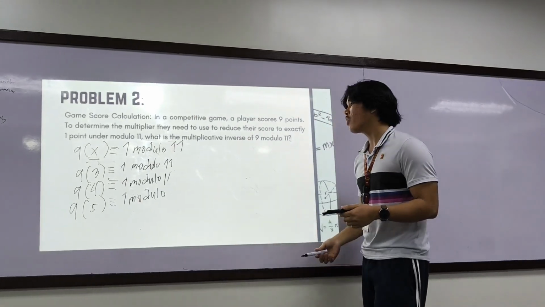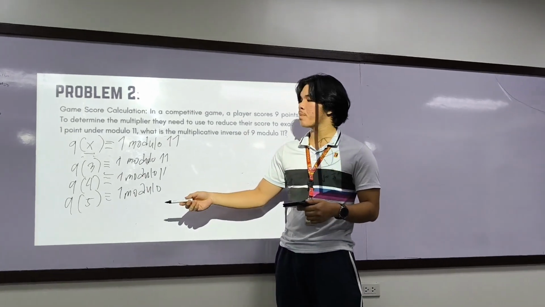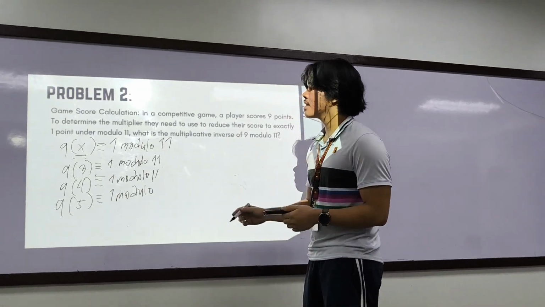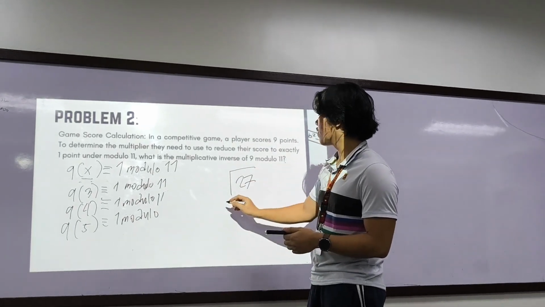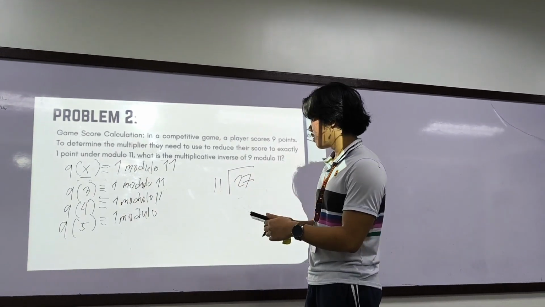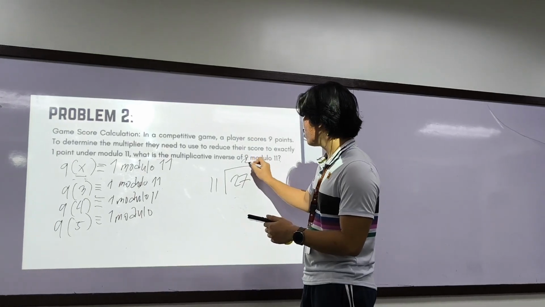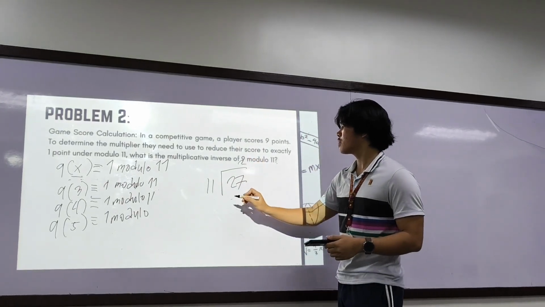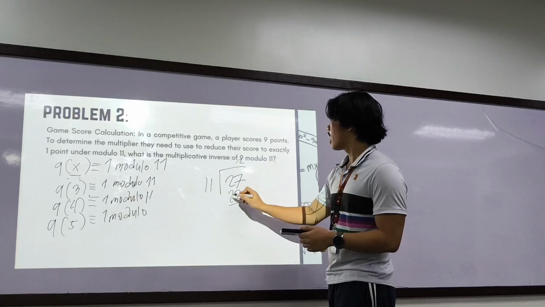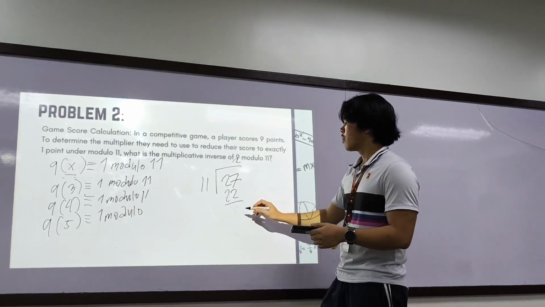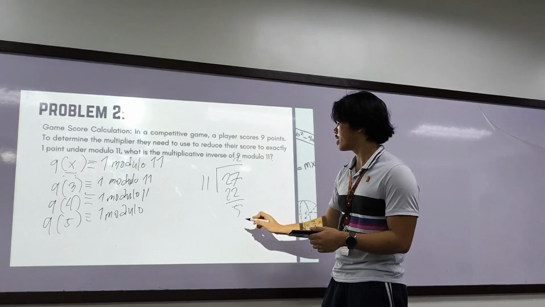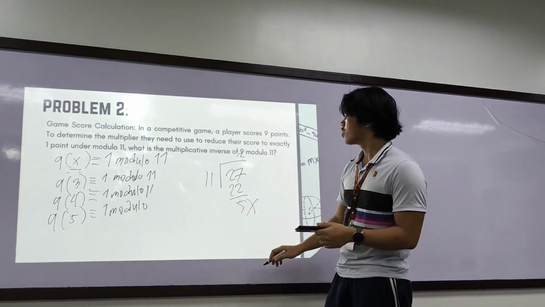So, the first number that we will multiply to 9 is 3. So, 9 times 3 is equal to 27. Let's divide 27 by 11, and we'll have 2. And we'll multiply 2 times 11, which is equal to 22. Let's subtract 27 minus 22, and we'll have 5,